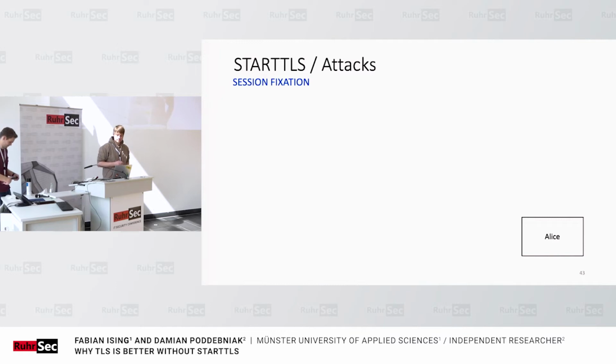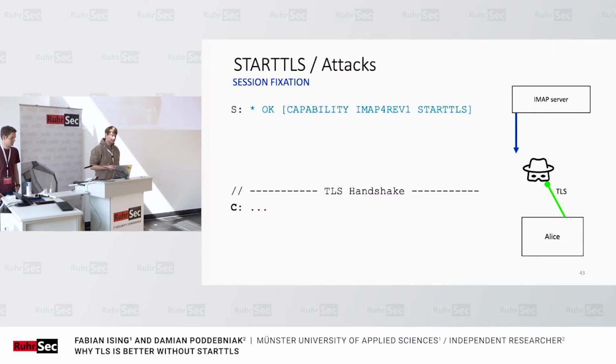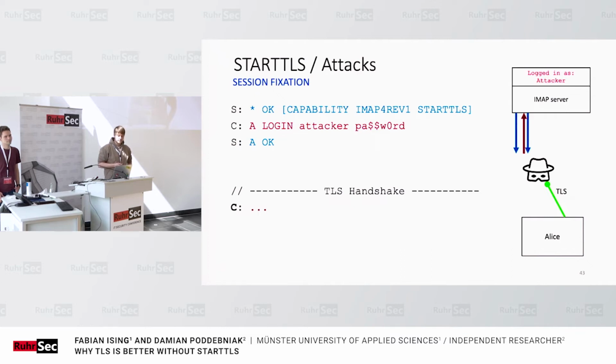Consider our user Alice, who wants to communicate via implicit TLS, meaning no STARTTLS involved at all, with an IMAP server. So both parties are in a state where the next thing expected is the TLS handshake. And now also consider our attacker. In the first step, they get a hold of the connection. Then, instead of proxying Alice's connection directly to the IMAP server, the attacker connects to the server, receives the greeting, logs in with their own account, and then initiates the STARTTLS command.